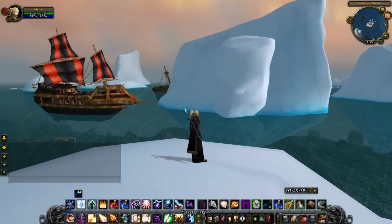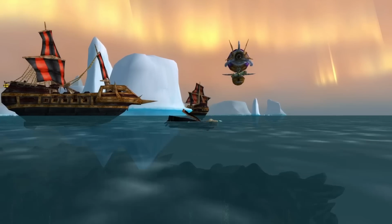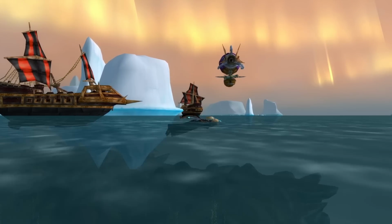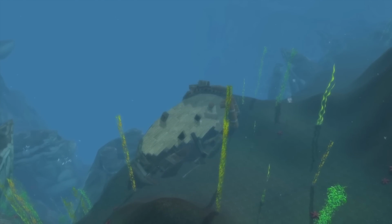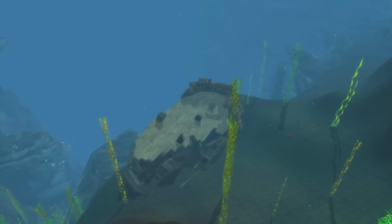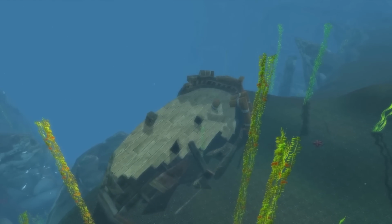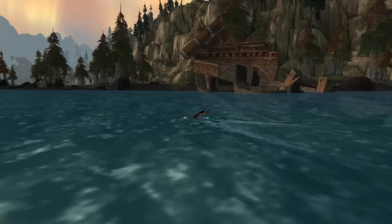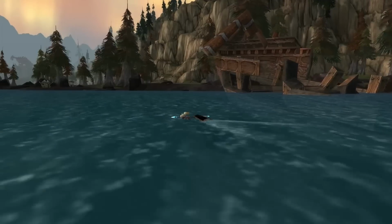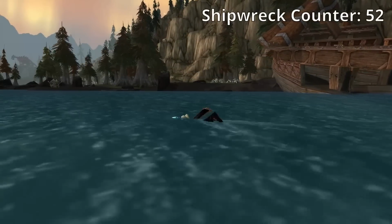If you're patient, you might even see the Zeppelin, run by the Alliance expedition, leading some bombing runs against the nearby pirates. Believe it or not, this zone added 41 shipwrecks to the list, earning it the title of most shipwrecks in a single zone in all of Classic WoW. I'm curious to know if any other zone in retail has more, so feel free to comment about this down